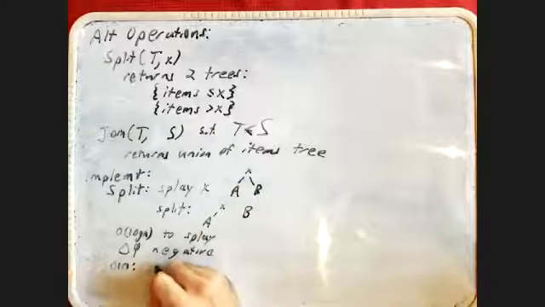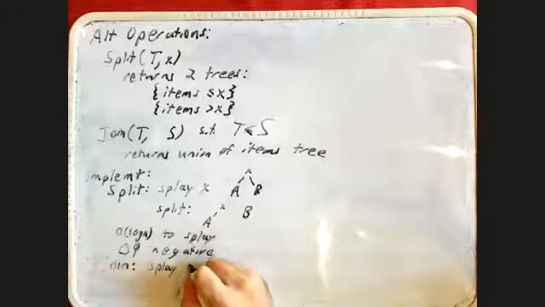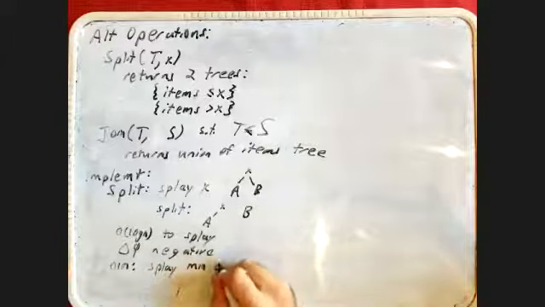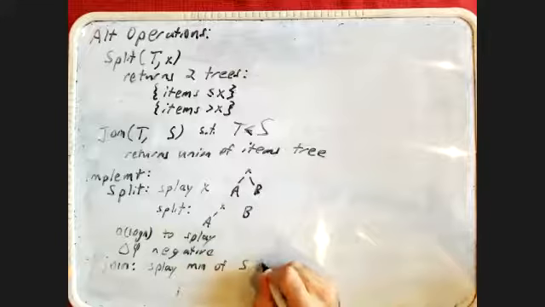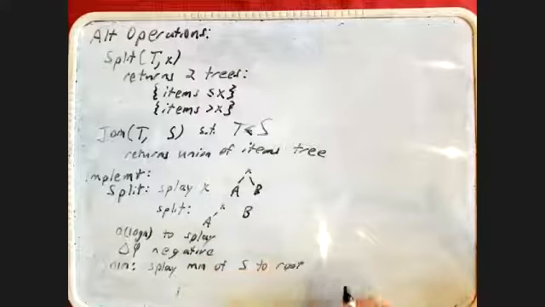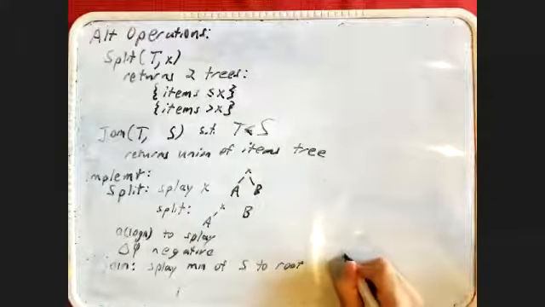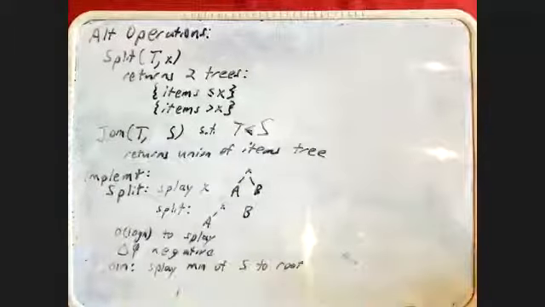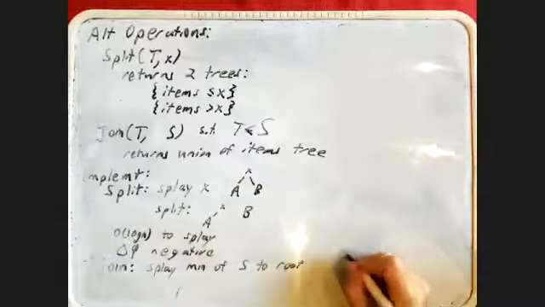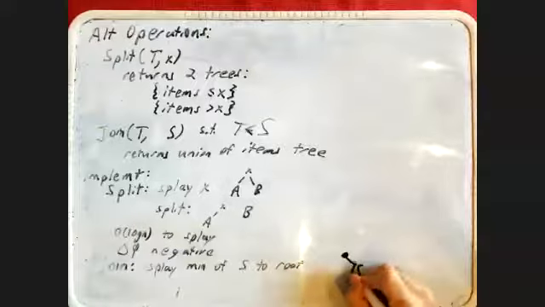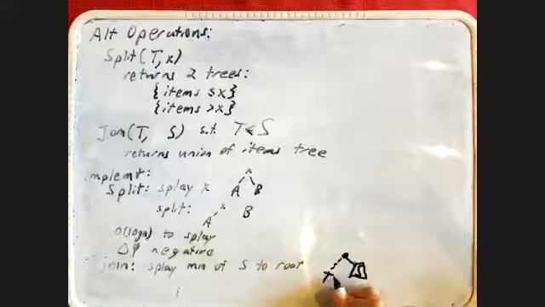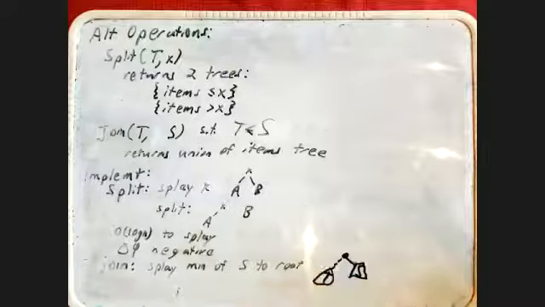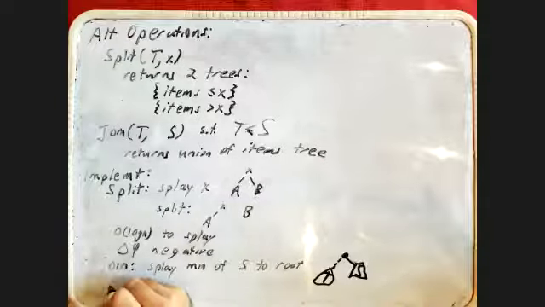What we'll do is we will splay the minimum element of s to the root so that we have an s over here, and then we will just attach t to that s, right? So one splay again,